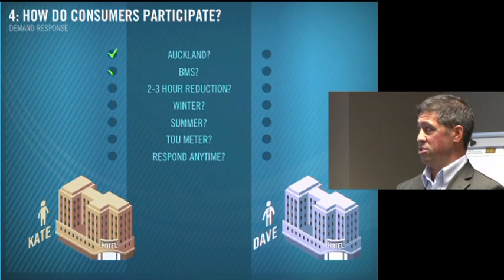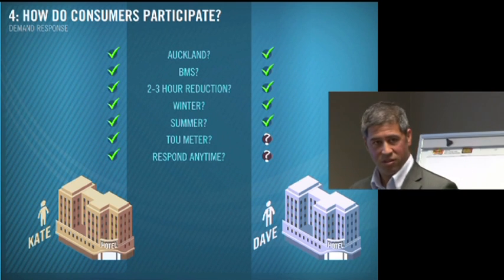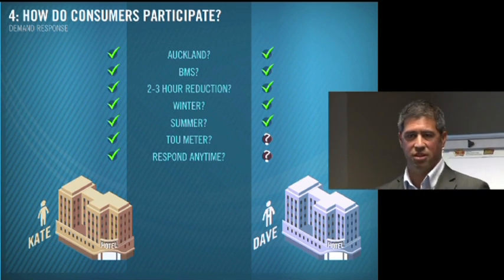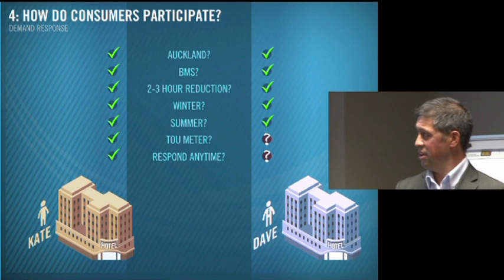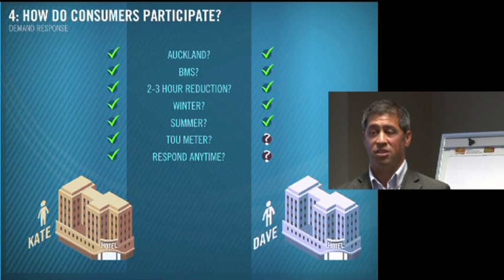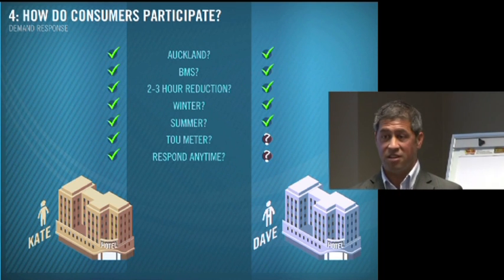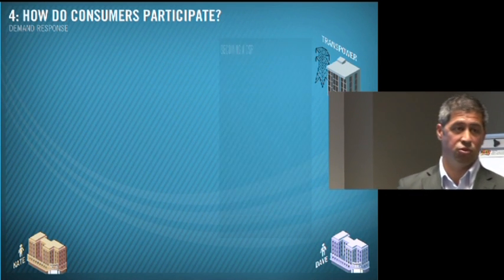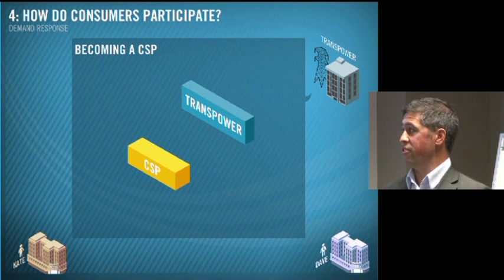So we'll have a few questions. When you line them up side by side, there'll be a few Kates out there who are onto it, they're active, they're into it, they don't have any questions. But we'll see a lot more Daves out there who can tick most of the boxes but have a few questions. So the next step is to understand, what do I need to do to set myself up in order to participate? Once an agreement has been signed,